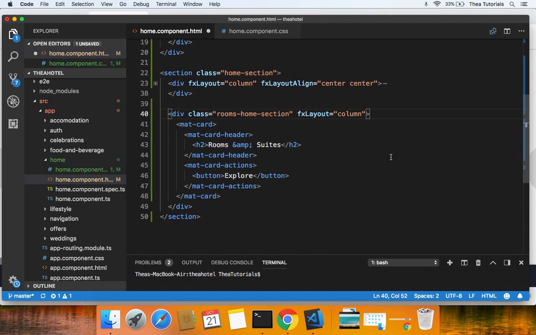And align it, align center. Just gonna copy that. And here in the math card, we should make this 40%. Okay. So FX flex, 40, and